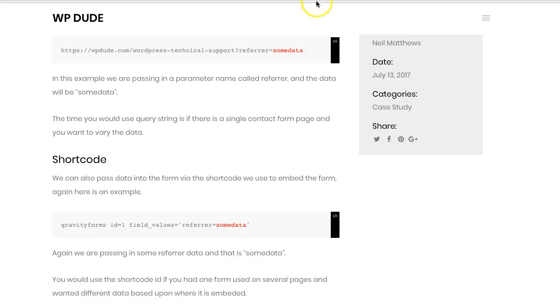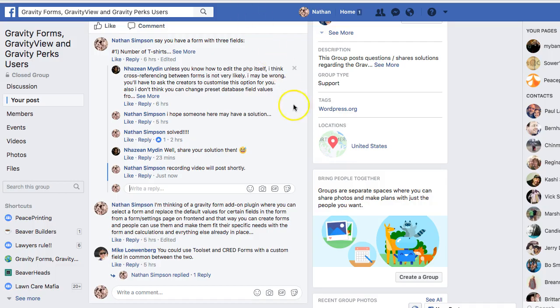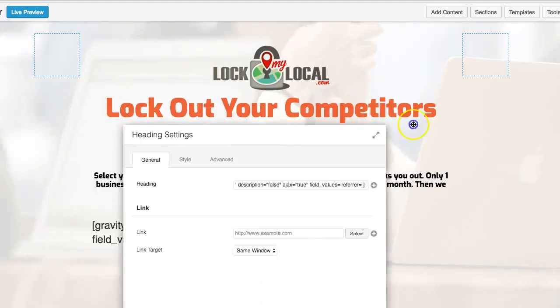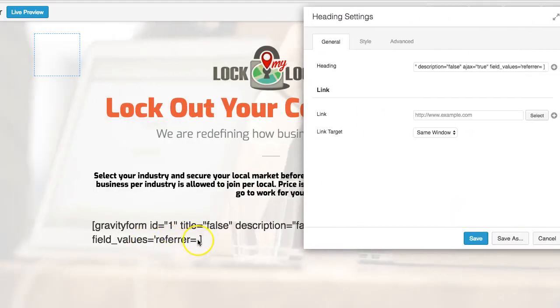We're going to put field values equals refer equals. And I actually used refer as my parameter, but you would put whatever your parameter is. So again, we're right here. Let's paste that field value, and you can kind of see it here. Refer equals. Go ahead and put your apostrophe on the end, and click in here,